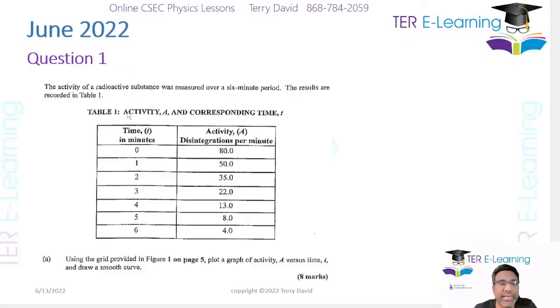The activity of a radioactive substance was measured over a 6-minute period and the results are recorded. So we have activity, that's disintegrations per minute. And what they want us to do is to draw,